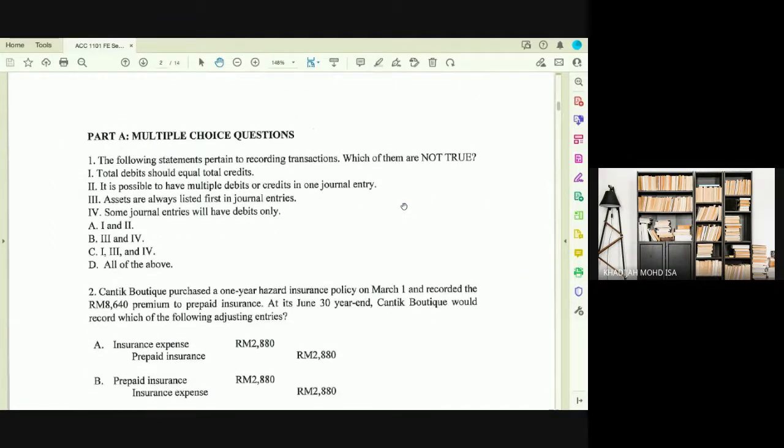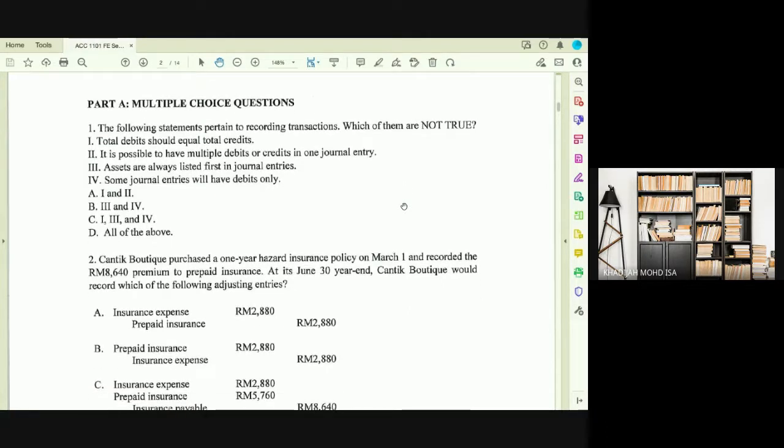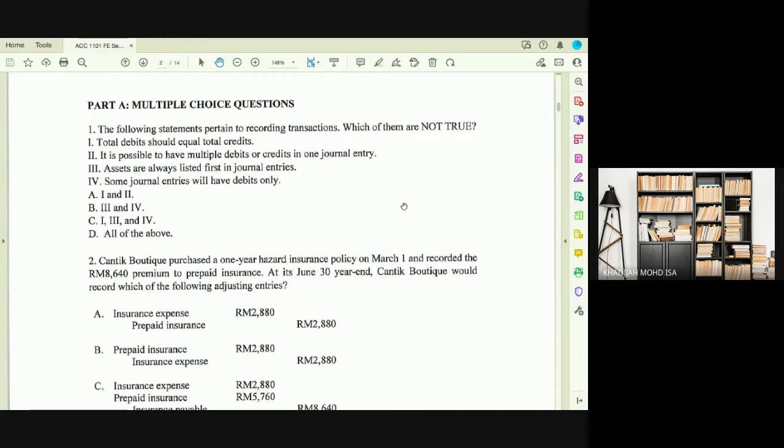For your multiple choice questions, it's very important to read the question carefully. For example, if you go through question number 1, you have 1, 2, 3, and 4 options, and you have to go through each one and decide whether it is correct or not. So you can cancel out the options which are not the answer. For example, here,